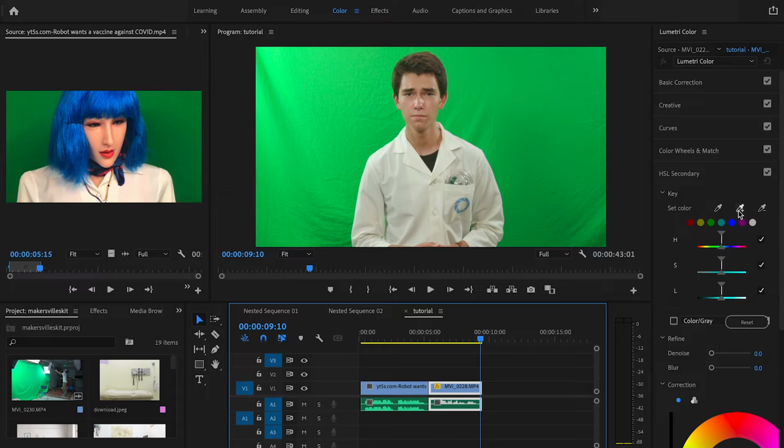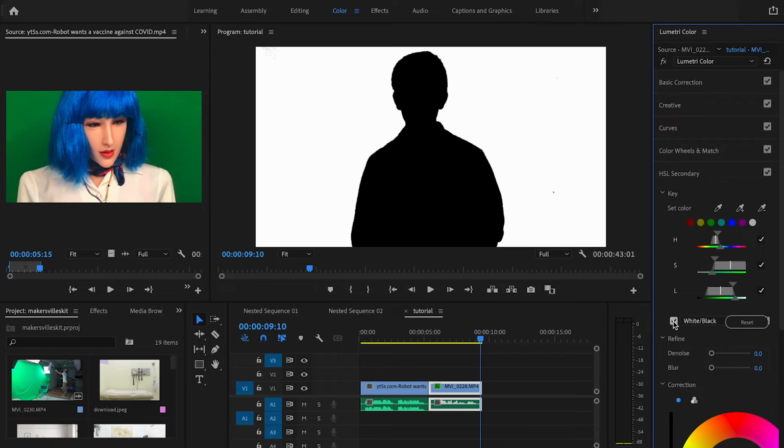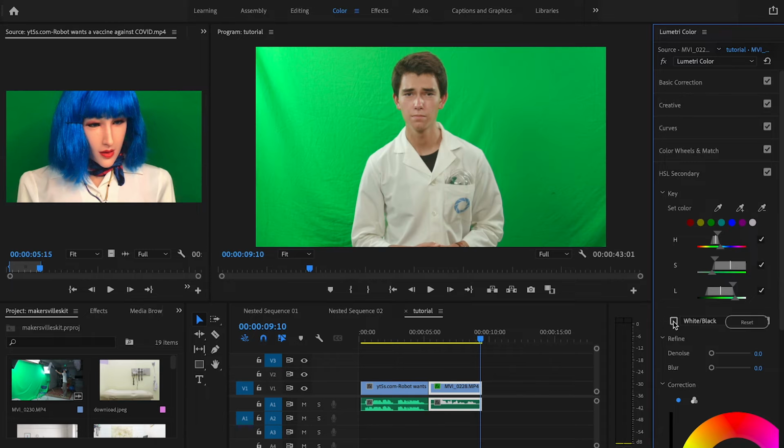Click the paintbrush with the little plus symbol, then click and drag your cursor across the green screen. If you can't quite reach all the shades of green in a single swipe, just click the paintbrush again and get the rest. Check the box underneath the sliders to see what regions still need to be picked up. After you can see that all of the green is gone and you have a nice silhouette over your subject,